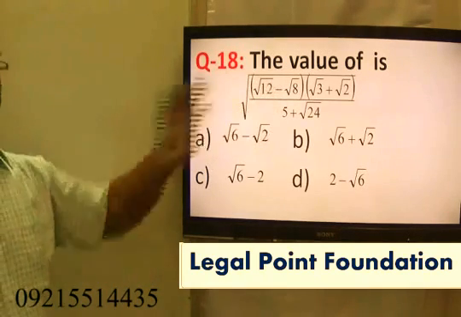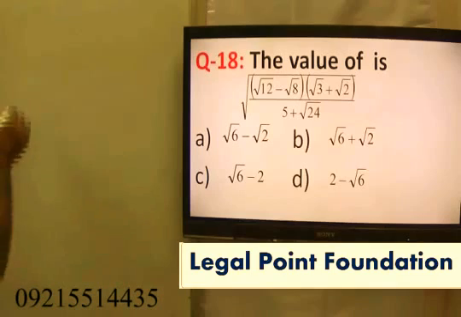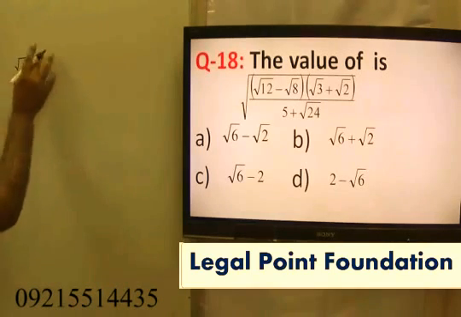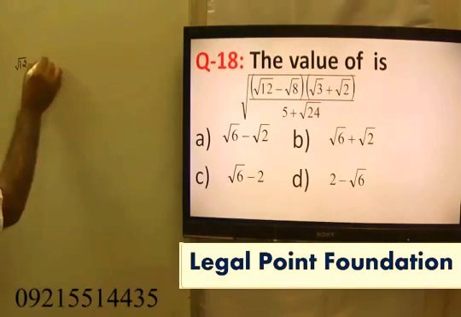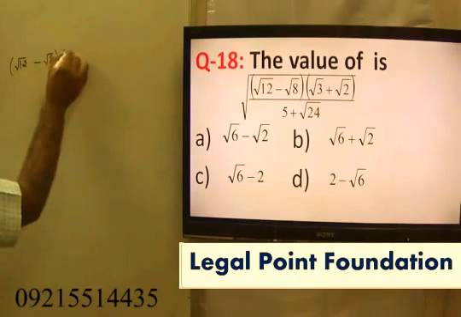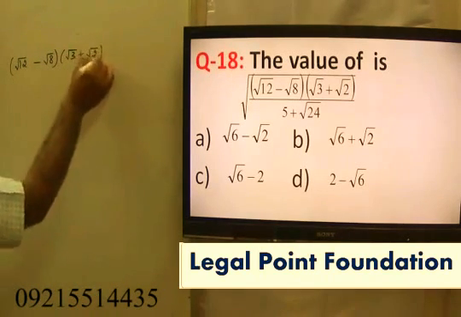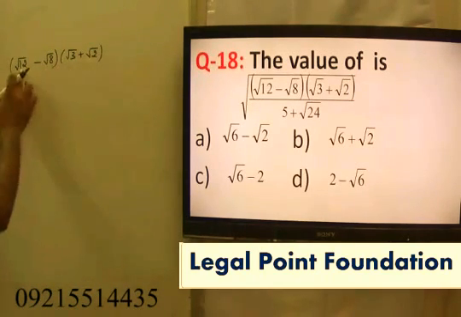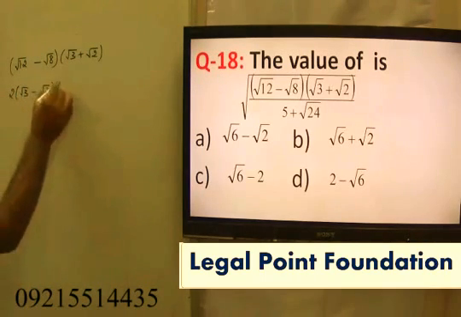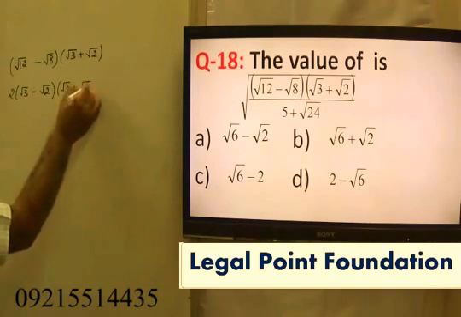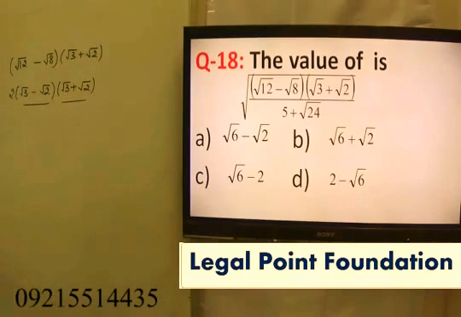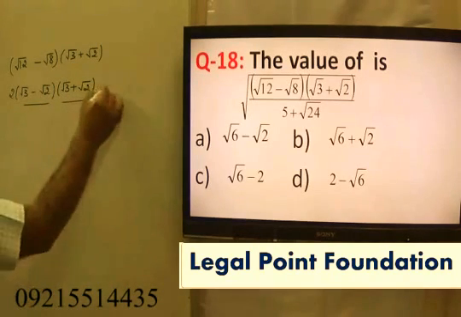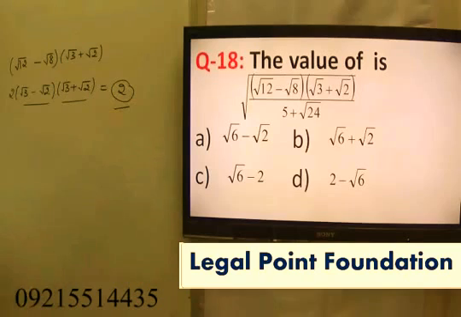If I talk about this first one, ठीक है, so what I can say, first I take the first expression that is root 12 minus root 8 into √3 plus √2. First I will solve it. Okay, क्या दिख रहा है? 3 2. If I take 4 outside common, outside I will get 2. So I am being left with √3 minus √2. And here you take it as √3 plus √2. Now a plus b into a minus b, a square minus b square, 3 minus 2, 1. क्या मिला? 2. Means in numerator I get √2.